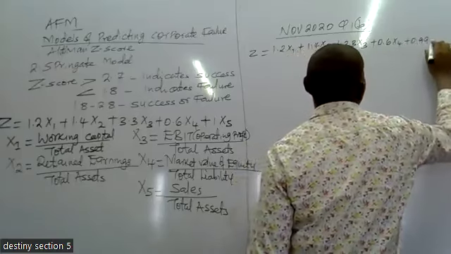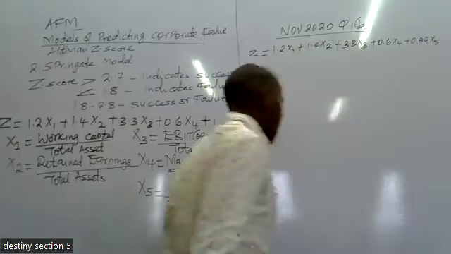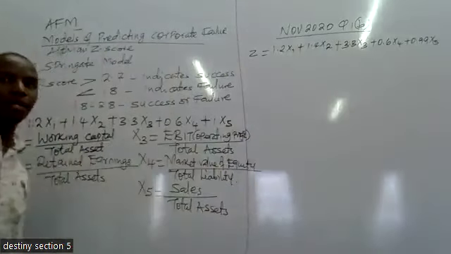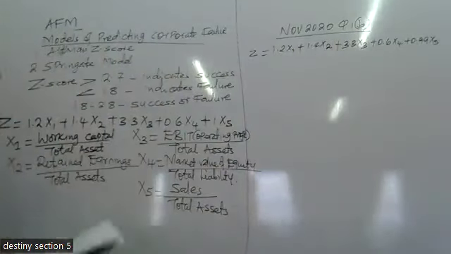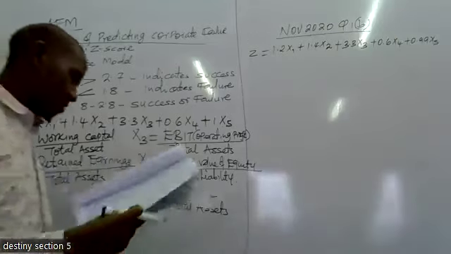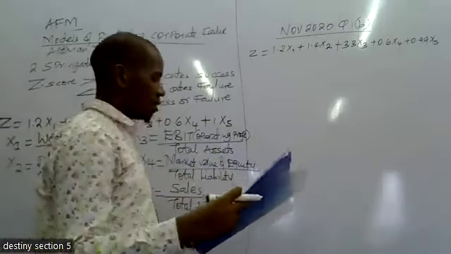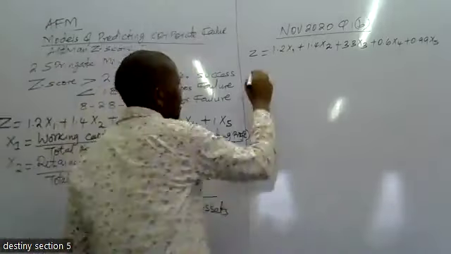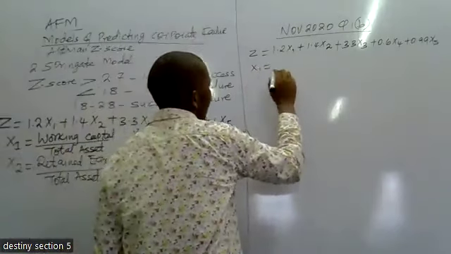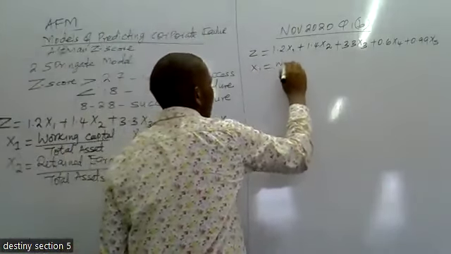This is just 1. So the first thing that I do, I will get the X1, which is the working capital